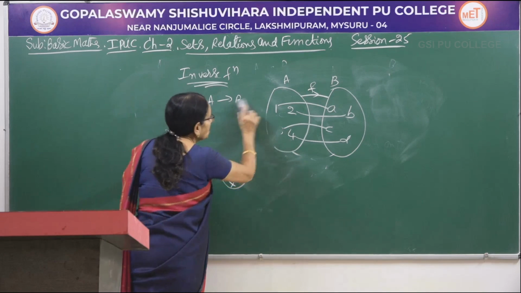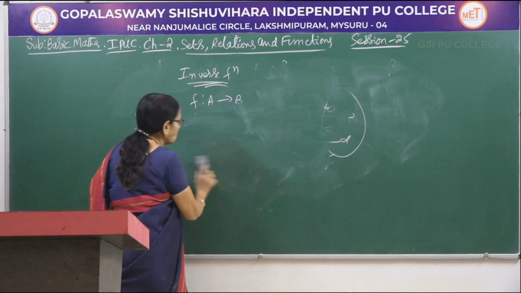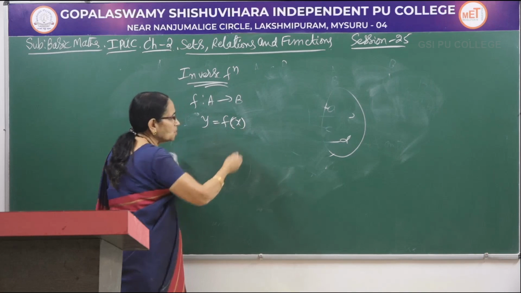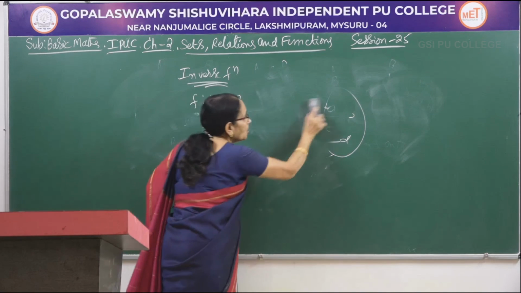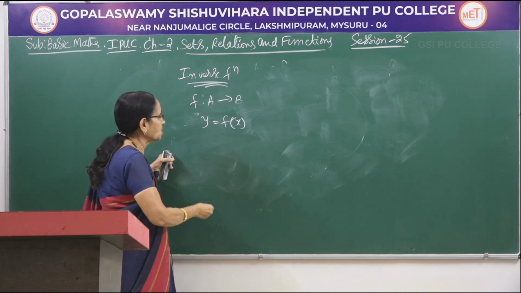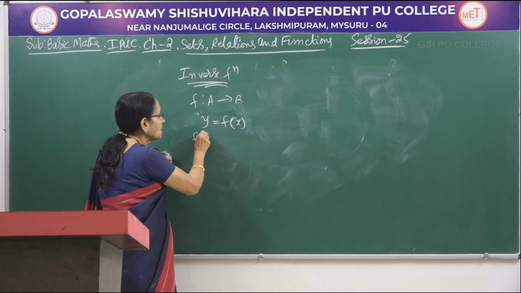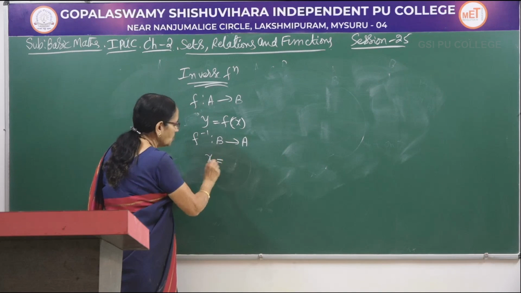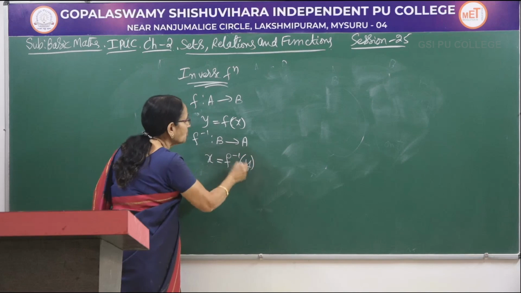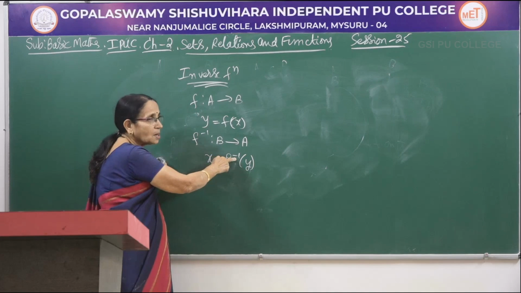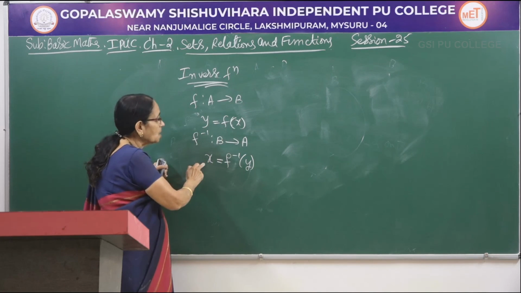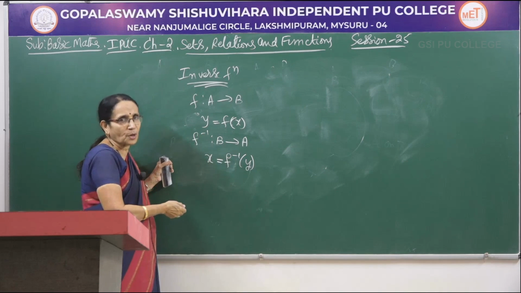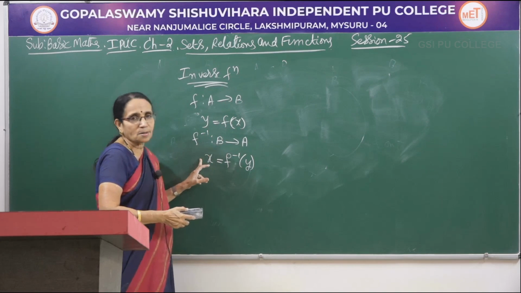So, how do you write a direct function in general? If f is a function from A to B, we write it as y equal to f(x). You have learnt about this one. This is the general way of expressing a function, y equal to f(x), when f is from A to B. Now, f inverse is from B to A. In that case, how do you write it? x would be equal to f inverse of y. This f goes to this side, and we write it as inverse. So, y equal to f(x) means x equal to f inverse of y, or x equal to f inverse of y implies y is equal to f(x). So, if this is the direct function, this is the inverse function.